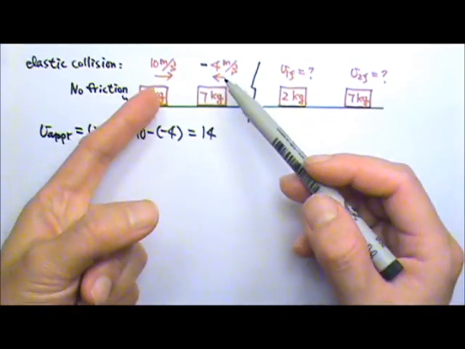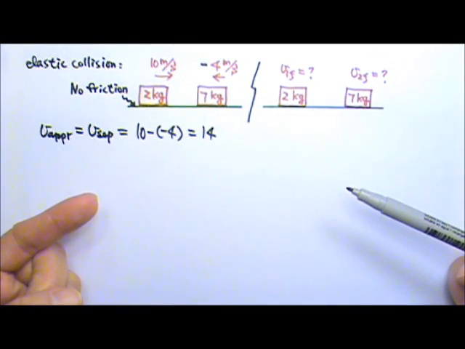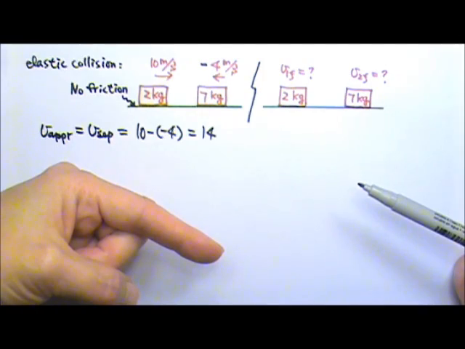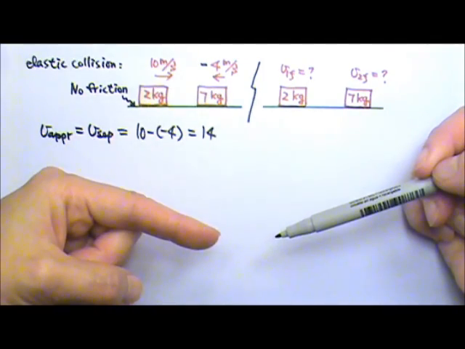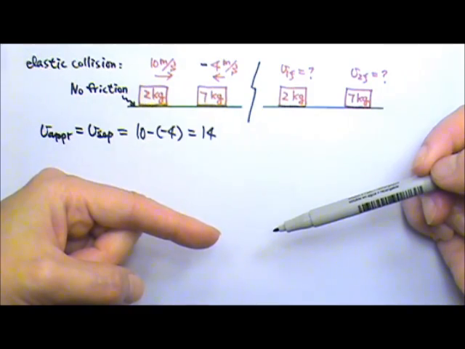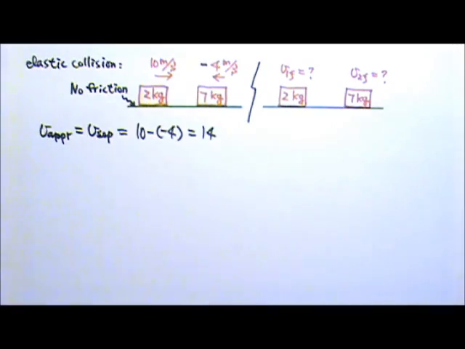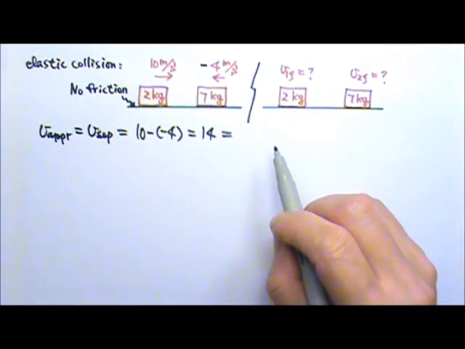Another way to look at this is the two blocks get closer and closer every second by 10 meters per second from the 2 kilogram and 4 meters per second from the 7 kilogram. So if you add 10 to 4, every second they get 14 meters closer. And this is the separating speed,